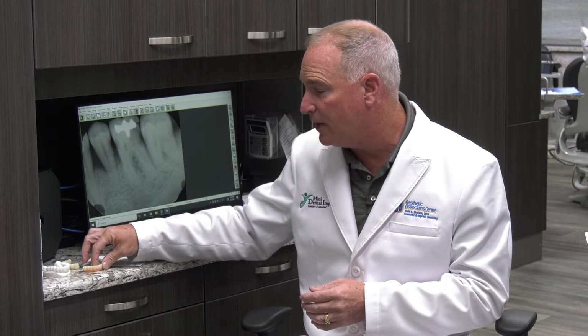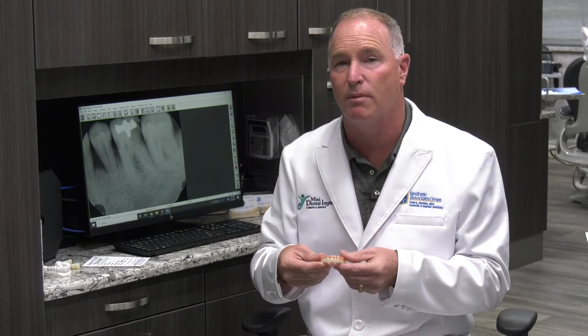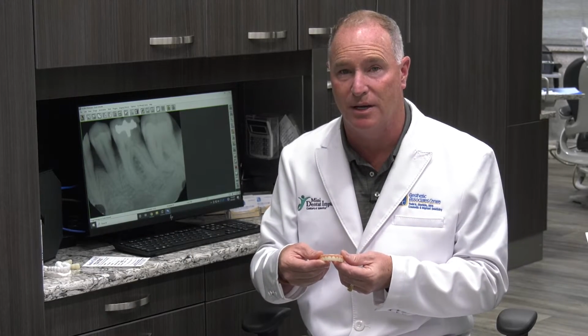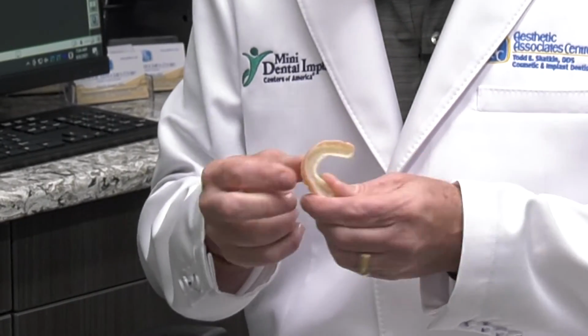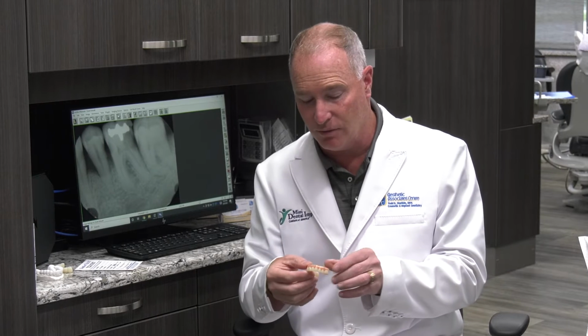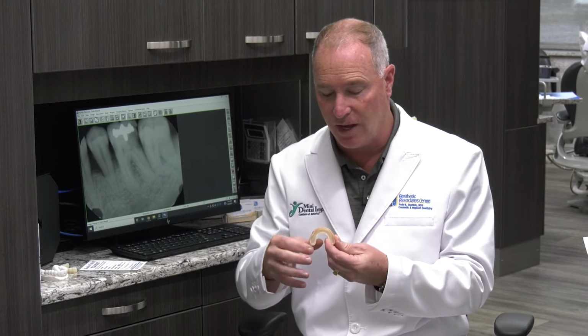After you get it all finished, the next step is, if you want, you can go to a temporary restoration or a permanent restoration at that point. And here's a typical temporary. The nice thing about the temporaries is we can give you a temporary to put in the day you place the implants, or you can use a patient's existing denture as a temporary. It's up to you. But this is a really nice milled temporary Roundhouse, completely troughed out,